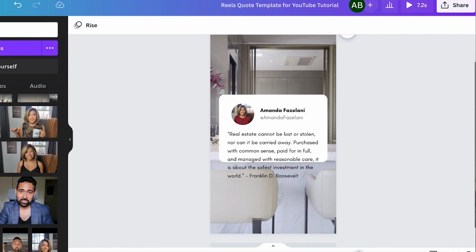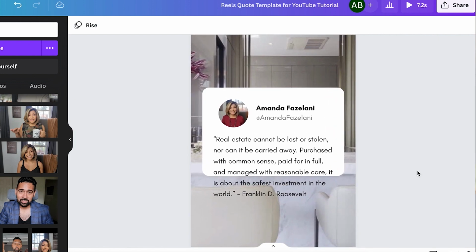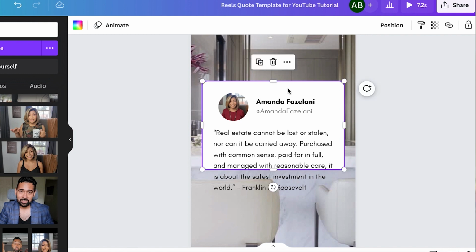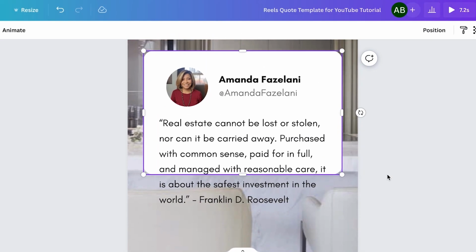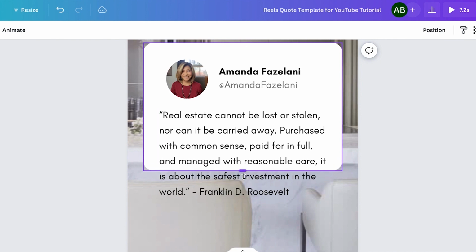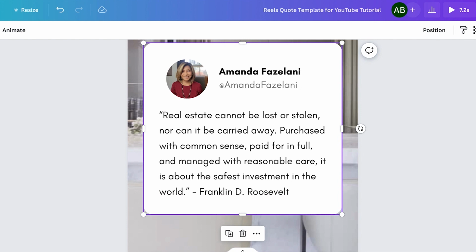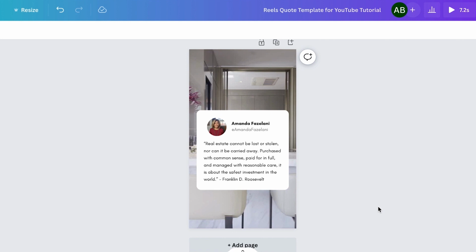Ooh, issue. So this is a really easy fix. If you're new to Canva, you might feel like, oh my god, I broke it, it's not gonna work. But never fear, we got this. So I'm gonna click on the white box that's in the background, and I'm just gonna hover over this little area here, and now zoom in so you can see that better and kind of move that to the side. All right, so I'm gonna drag this down a bit so that it looks pretty good, and then I'm going to zoom out a bit